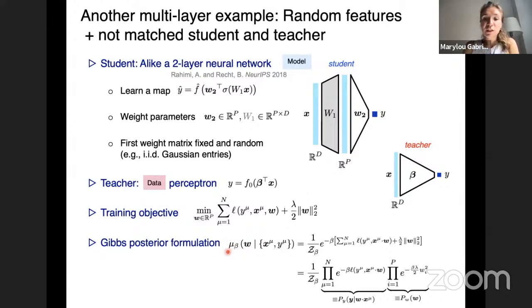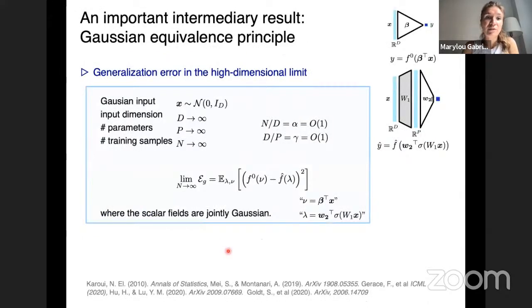Okay, so in order to treat this problem, we have an important intermediary result that was discovered, let's say, multiple times. The idea is that if we have Gaussian inputs, so X is, let's say, standard Gaussian, then if we take the following scaling, where the input dimension is going to infinity, the number of what I will call for now random features, so the neurons in the hidden layer of the student model, are also going to infinity, and the size of the training set is also going to infinity, in the sense that they have constant ratios, then the generalization error asymptotically is going to be simply given by